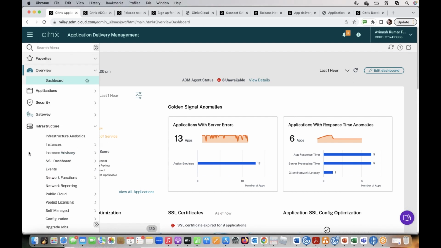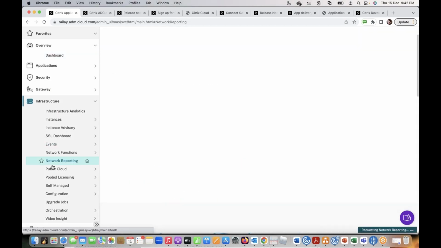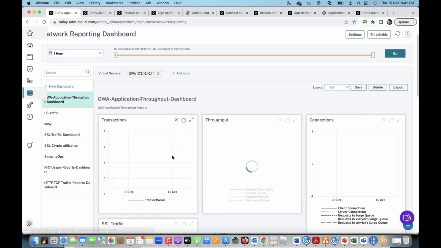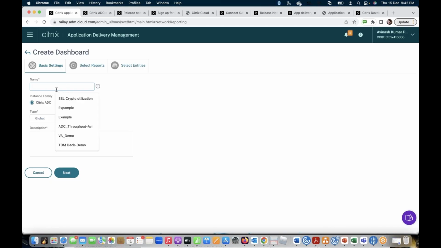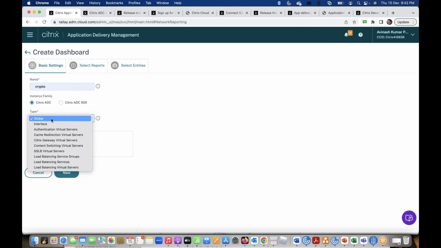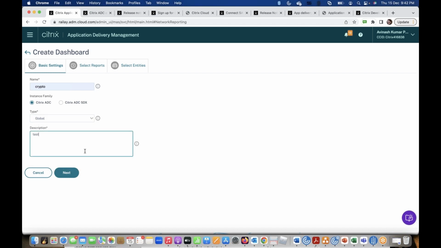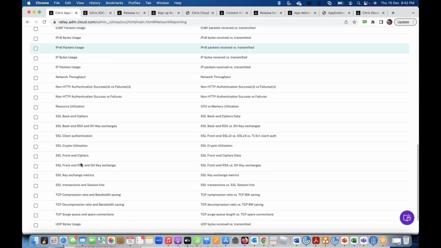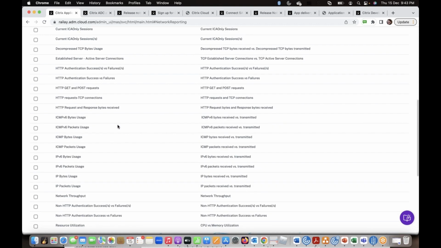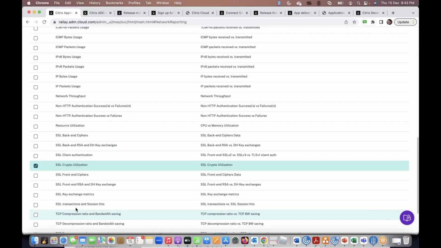Okay, so first we'll talk about the crypto utilization. So as I said, within the networking dashboard, you have to click on new dashboard. Let's say I give the name crypto, and under the global counter itself, you now have something called SSL Crypto Utilization. So you have to select this, and then of course in the next step you have